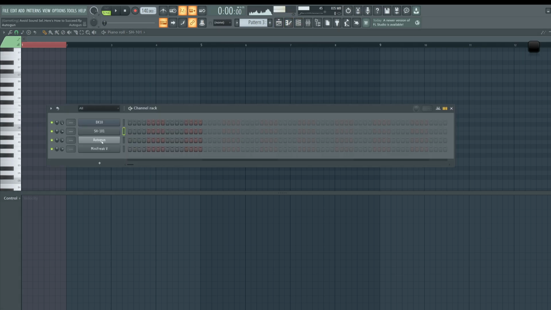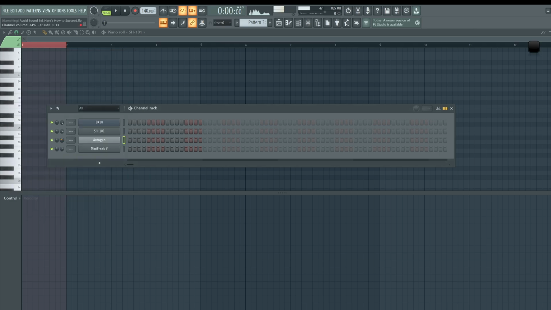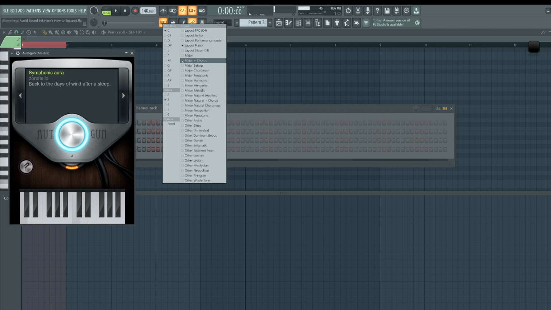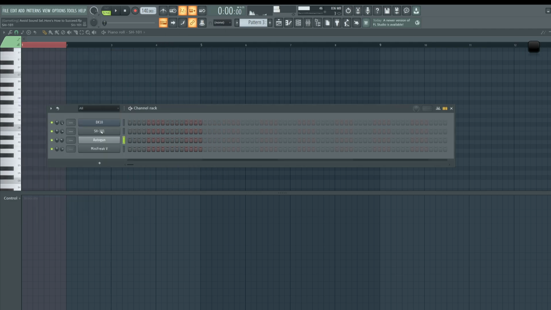So I'm going to come back to that sound because I want to set the chords up first. So in Autogun, I forget how to even use this. Okay, we hit the next arrow and it creates a sound for us. Whoa, that is a weird sound. Cool sound, but not really. We need something that we can create chords with. This could work. Not the greatest sound in the world, but you get the gist.